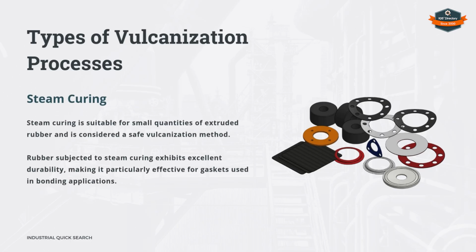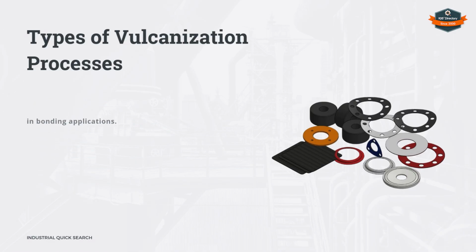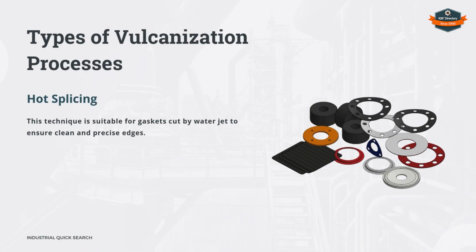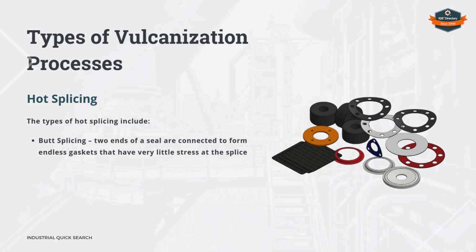Steam curing. Continuous curing. Hot splicing. The types of hot splicing include